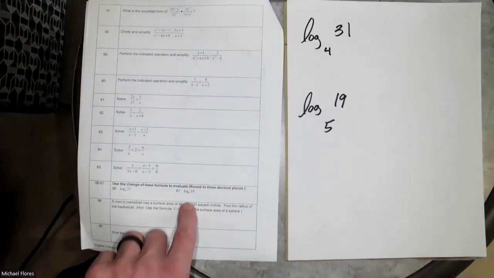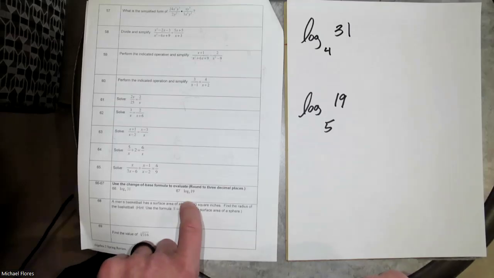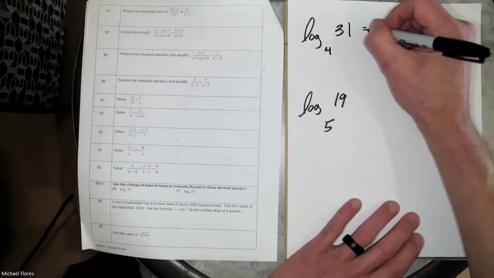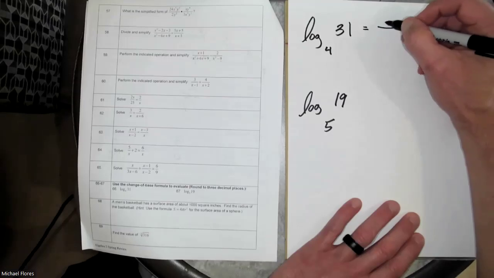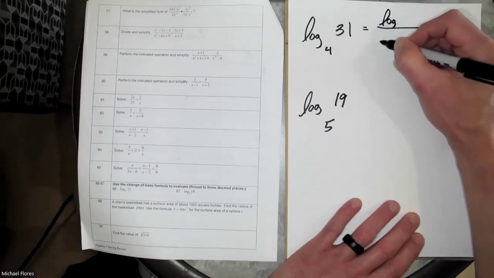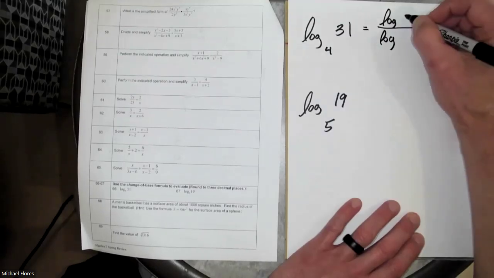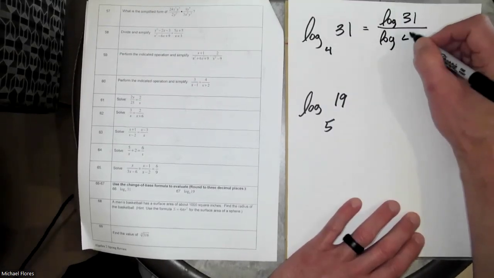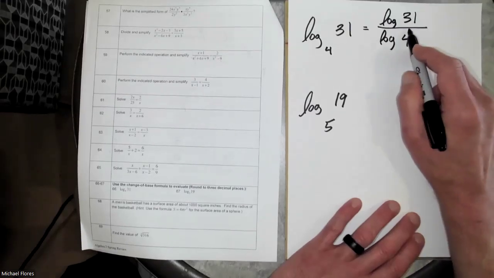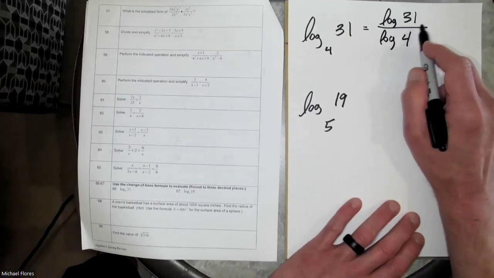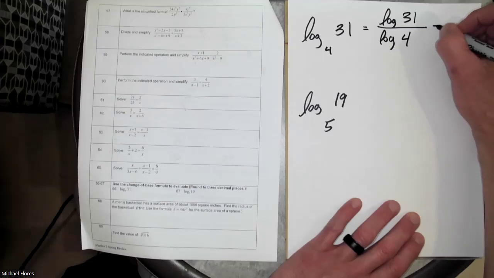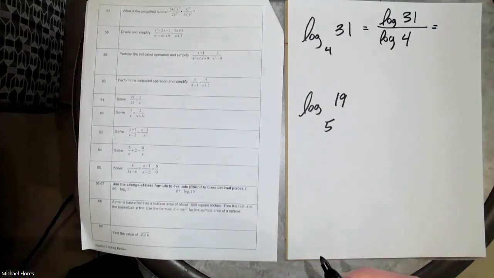At example 66 and 67, they want you to use the change of base method. So another way of rewriting this problem here is we're going to create a fraction. Notice 31 is above 4 in this scenario. So we want 31 to still remain above 4 here. So in your calculator, you just do log 31 divided by log 4, and it will give you the answer. And it wants you to round to